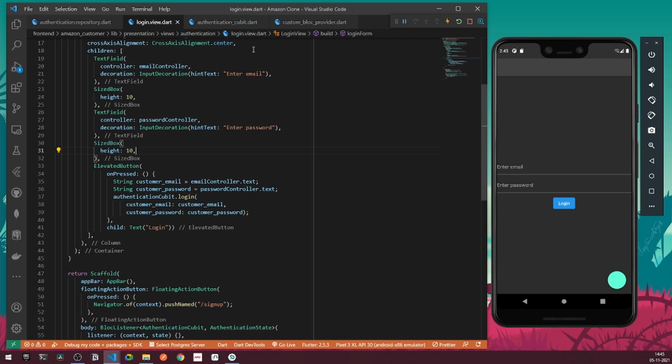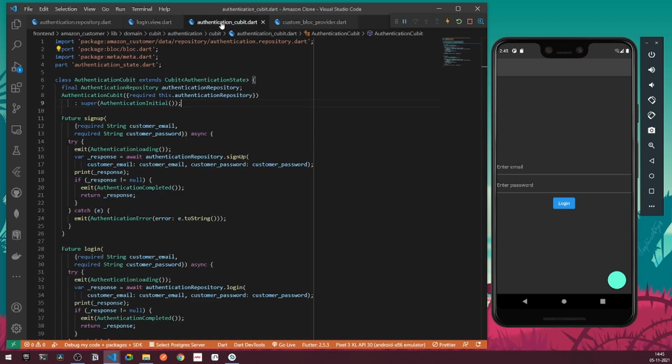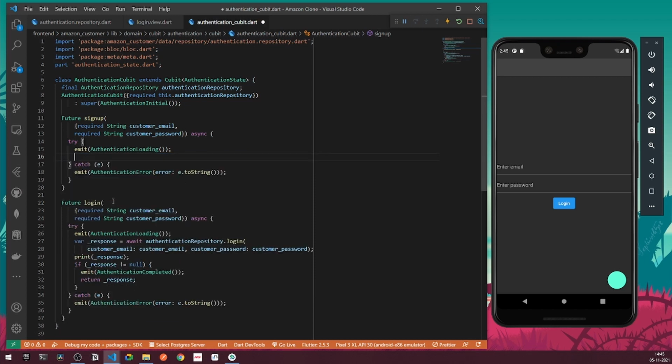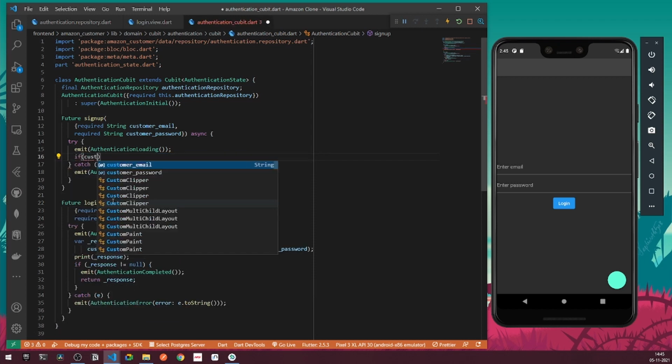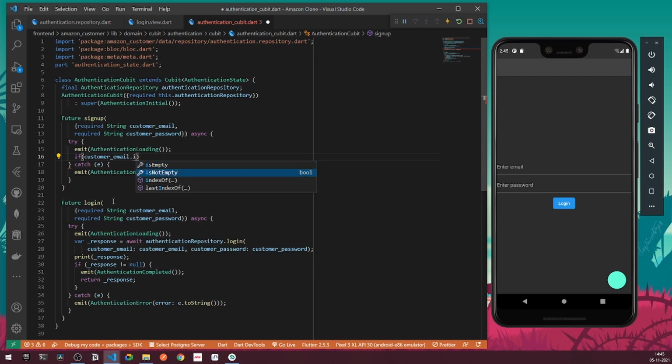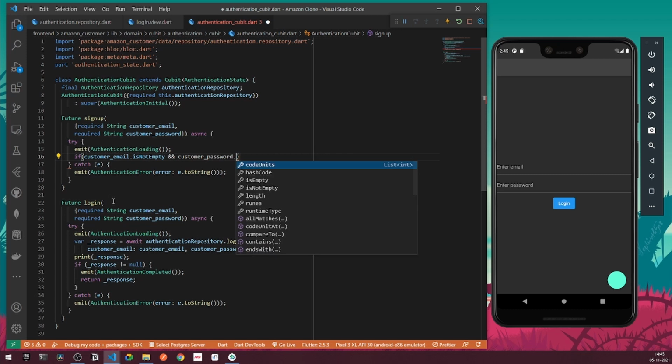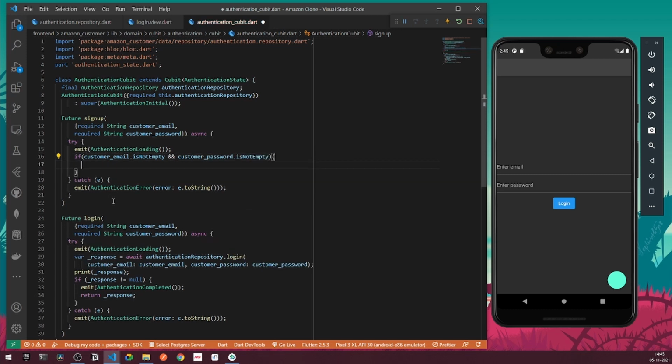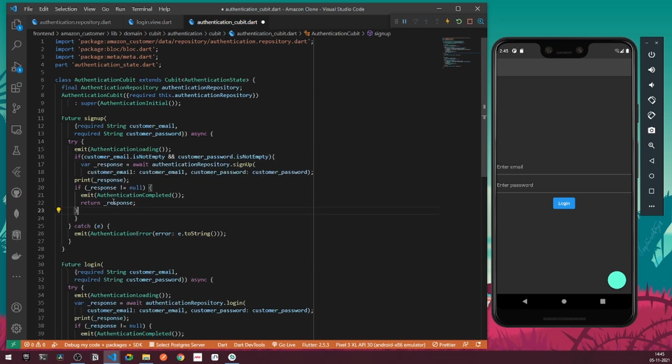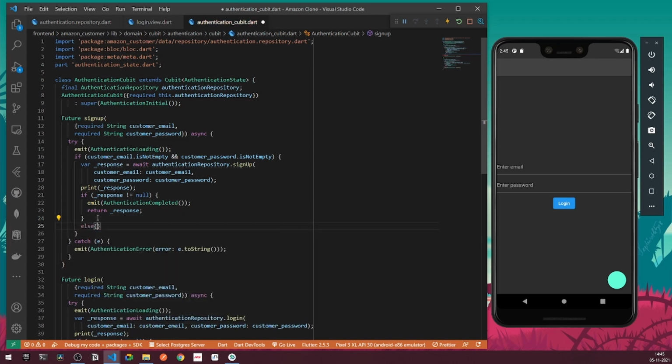to log in. But right now what I can do, I'll be going under my authentication qubit, and first of all I will be checking if the value is empty or not for the text fields. So I can copy the response block, and I'll simply say if customer email is not empty and customer password is not empty, if the following things are not empty, we can simply execute the following method, else I'll emit a new state.